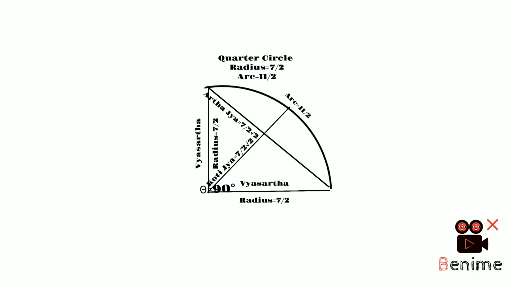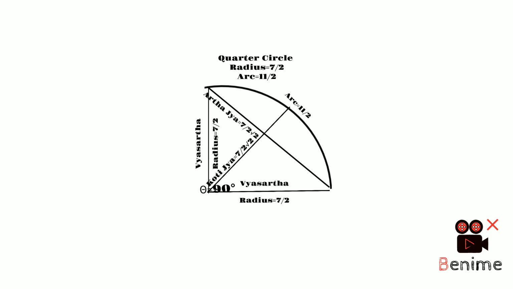The regular circle has circumference 22 and diameter 7. So a quarter circle obviously will have an arc of 11 by 2. The quarter circle will have an angle of 90, and of course the radius or vyasartha will be naturally 7